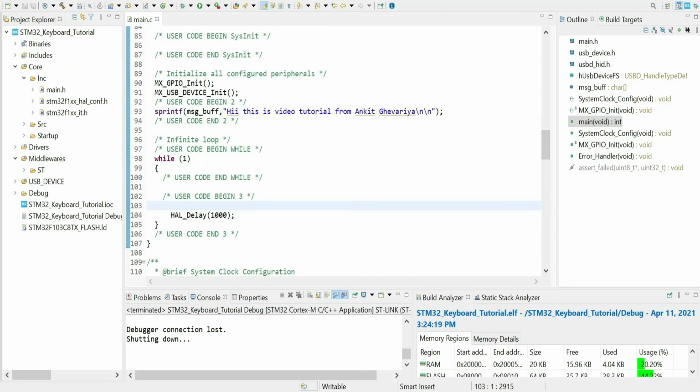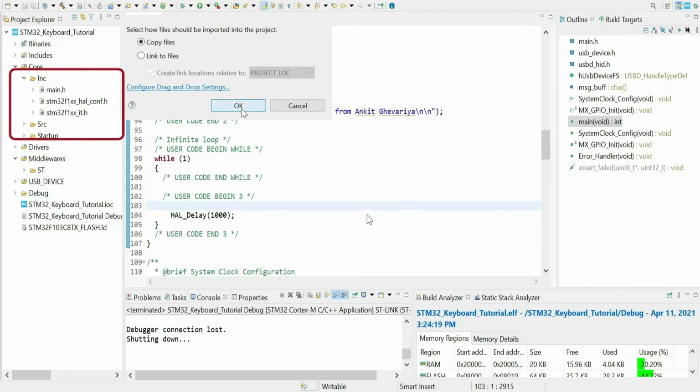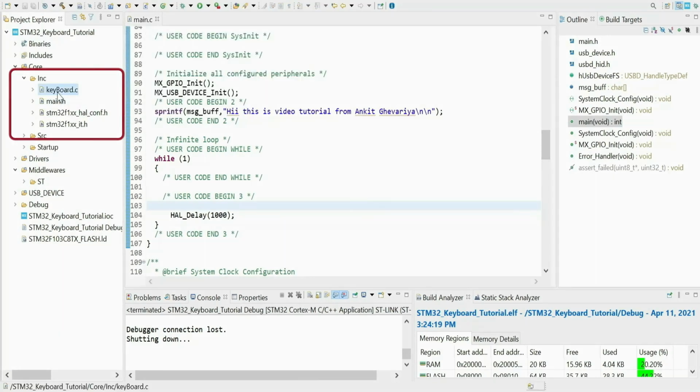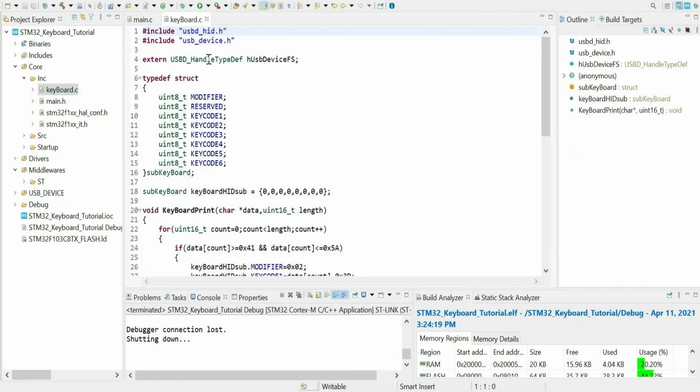Now, drag and drop the keyboard.c file into the inc folder shown in the Project Explorer. There is a function named keyboardprint in which we have to pass our message buffer and the length of buffer.